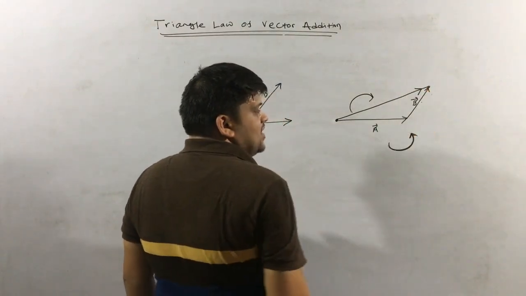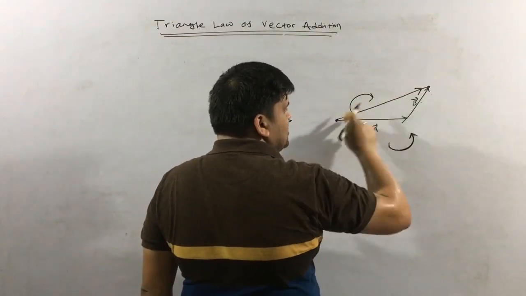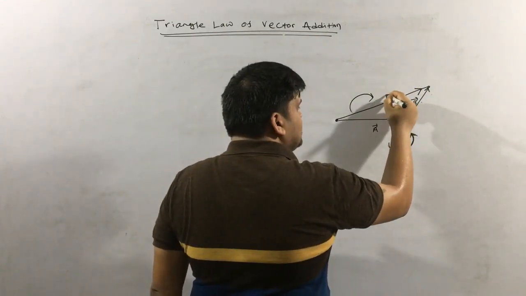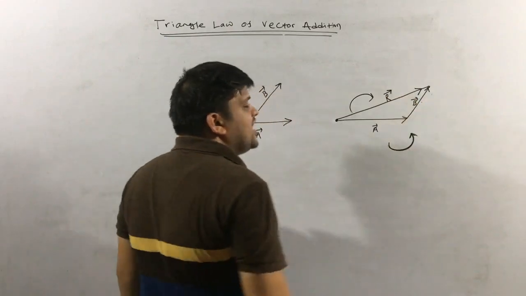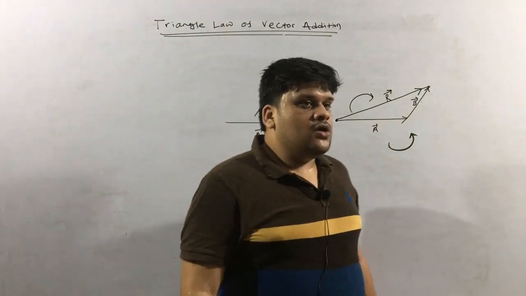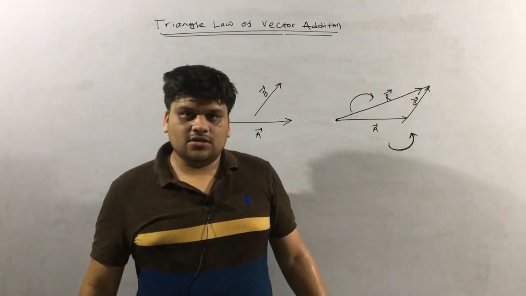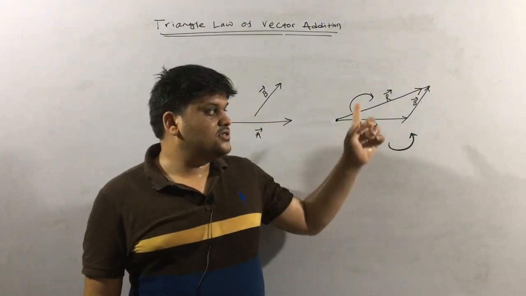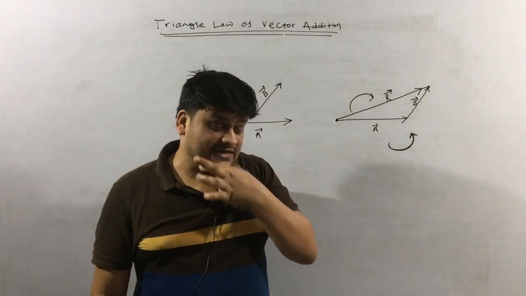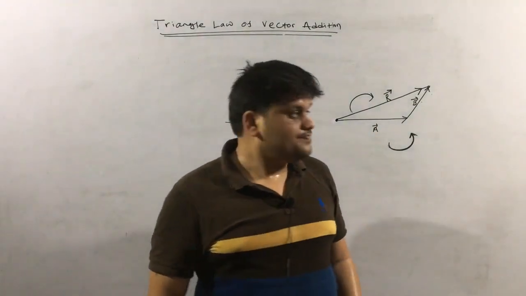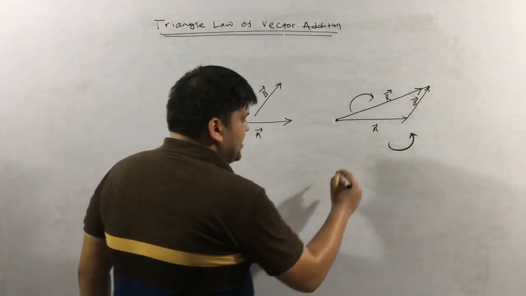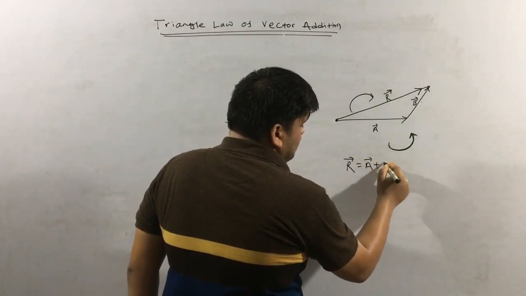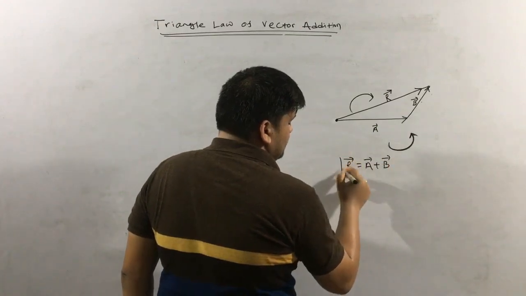So this. Now this is a vector having some magnitude and a particular direction. That vector is the resultant vector. Here, while you are adding two numbers, you are telling the answer as result. Here, the answer is known as resultant vector. Okay, and I can now write that this R vector will be equal to A vector plus B vector.